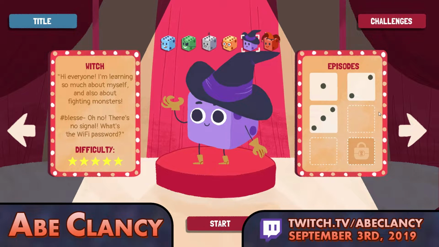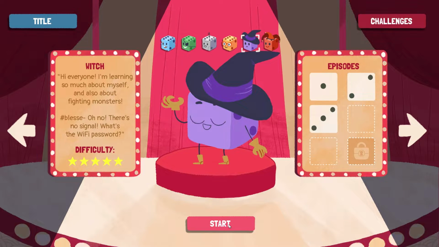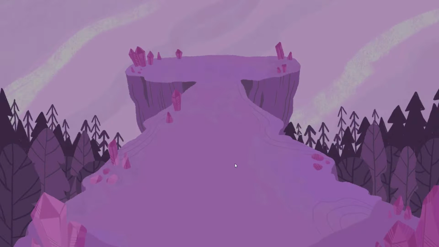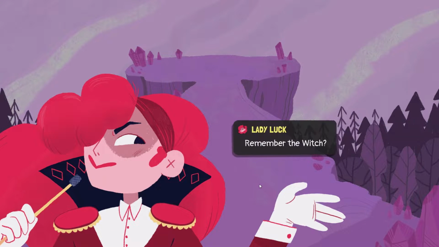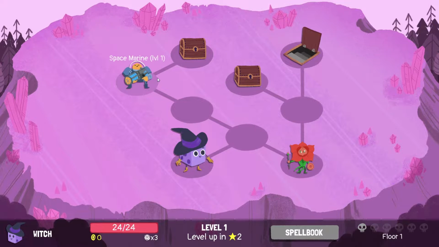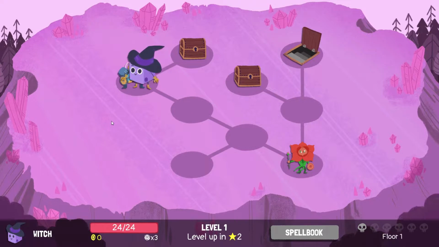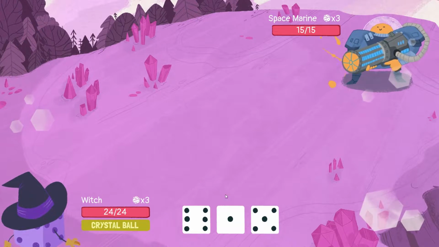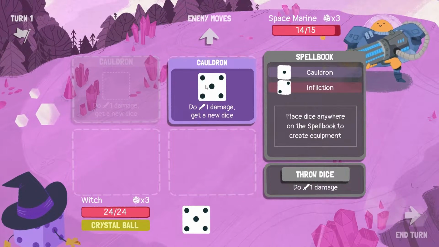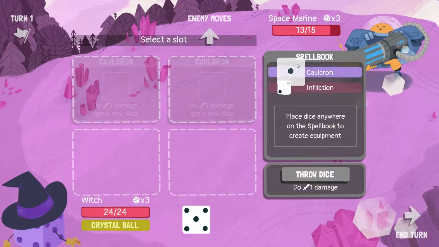The Witch, elimination round. We're gonna play as the Witch on elimination round, but I'm gonna be honest with you, I hate the Witch. I'd rather play as the Inventor than the Witch. I think the Witch is the hardest character. I have no idea what we're going to do in order to try to make a victory happen here, because I really don't feel like the Witch